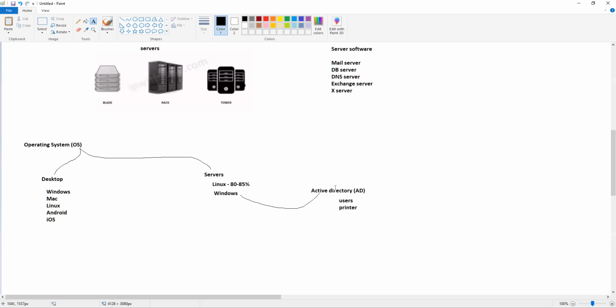Microsoft has that, and if anybody is using Active Directory, they have to use Windows, because it only works on the Windows operating system. I've not seen any implementation where Active Directory is used on Linux. Now, they have .NET and C# applications, which you can run on Linux servers as well. But there are certain applications, and they also have their own web server, IIS. They have a lot of things, and for those products, companies use Windows as an operating system. Otherwise, the majority is on Linux, right?